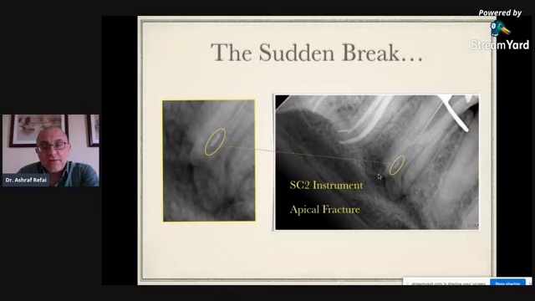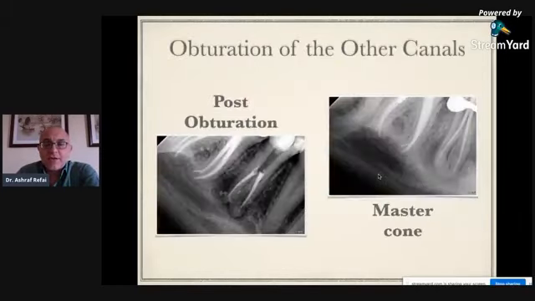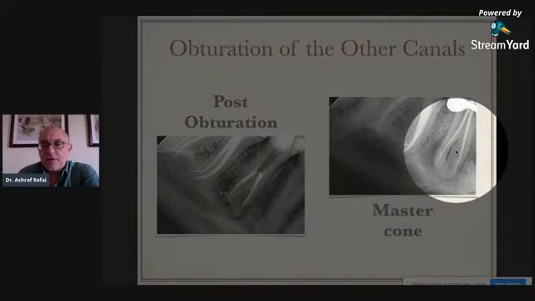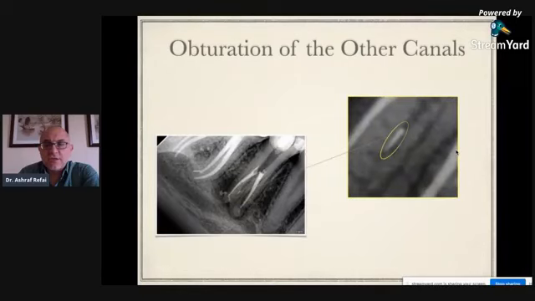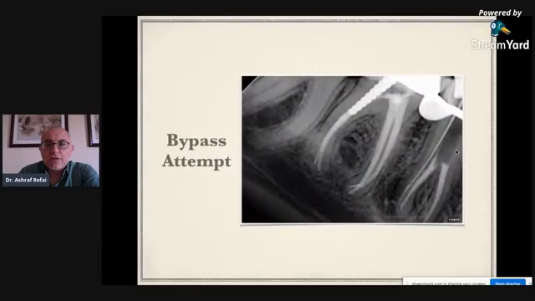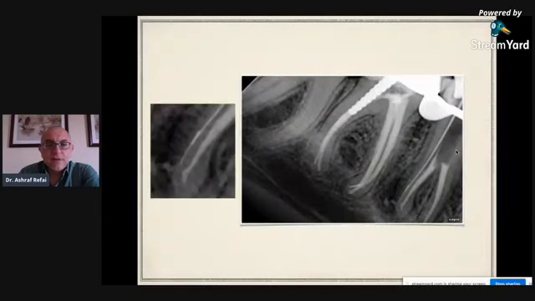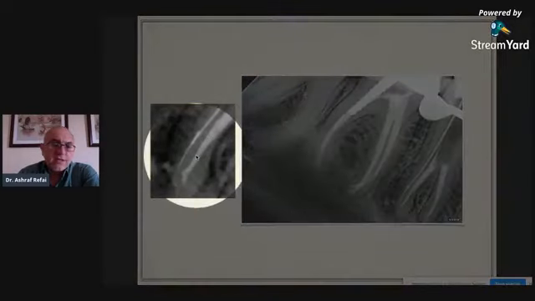So what we had here was a situation where, just as everybody else in these situations, I began to panic. I started sweating, and then I started thinking, how am I going to deal with this? So in this case, I started preparing and dealing with the other 2 canals first, and I had them obturated, and then I was left with this instrument. It was still there. So I attempted a bypass, and here you have an X-ray very clearly showing the bypass right here. That's the instrument, and that's my size 15 bypassing the instrument.